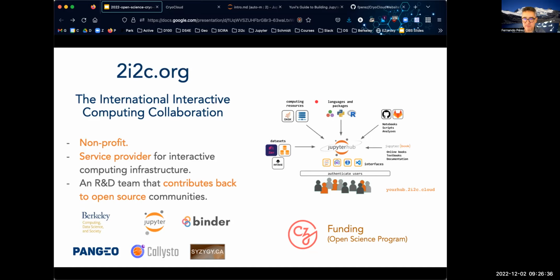We had all deployed for various reasons in research and education, instances of Jupyter in the cloud that were being very widely used, but others wanted to use them too. And our academic institutions were not really a good fit to start serving other communities, right? I can't go ask Berkeley, go instantiate something like what we have for teaching for the ICESat-2 Science Team. And when we saw this challenge, we co-founded this organization, 2I2C.org, which is a nonprofit organization, but that can act